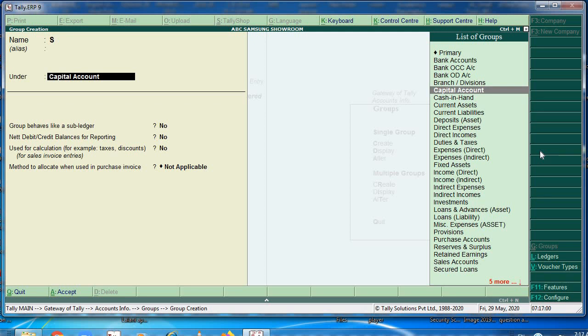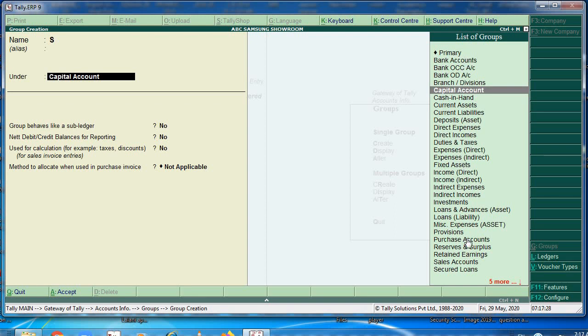Out of 28 predefined groups in Tally, primary groups are 15 and the subgroups are 10. Group in Tally means different types of ledger creation like expense, sales, purchase, fixed assets, current assets, working capital, prepaid expense, revenue, sundry creditors, sundry debtors, etc. By default, Tally ERP 9 provides a list of groups that are called predefined groups. So this is a list of groups that are called predefined groups.